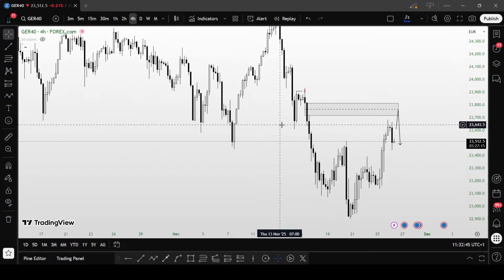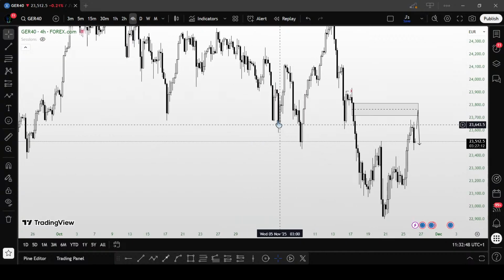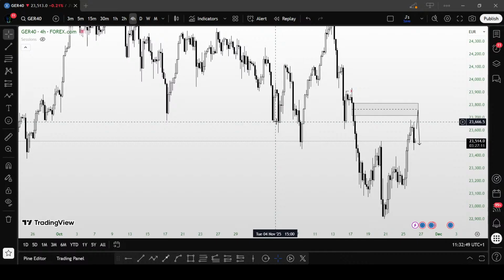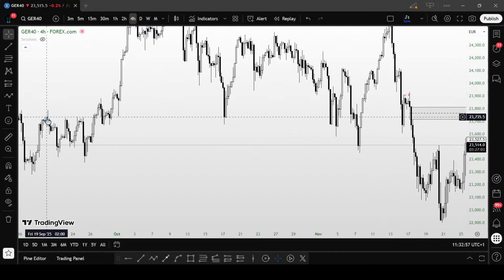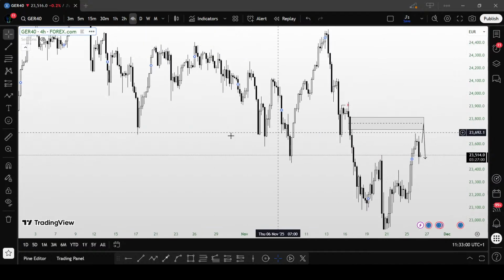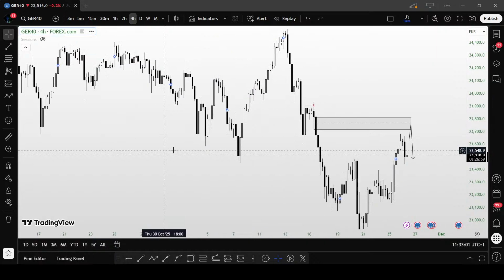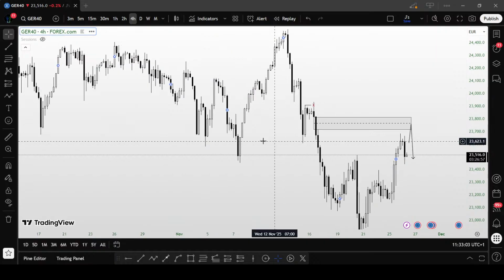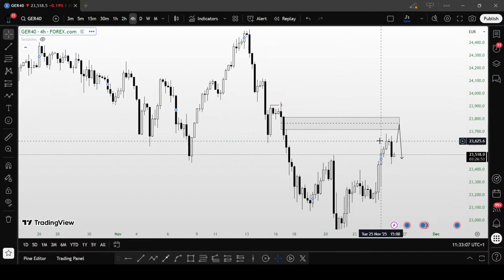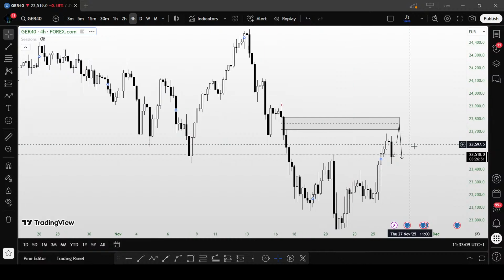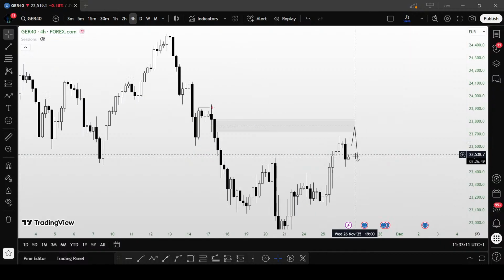Another reason why I like this particular area is because we have 6 lows around this area, 3 highs around there, so definitely there's a key level around here. We see a large number of candles reacting to a particular price, so there's definitely something that price is reacting to right here. So it's a very valid move for it to go down right now.